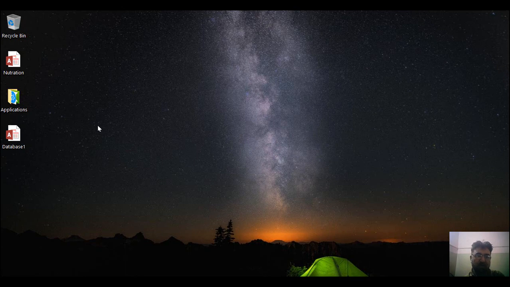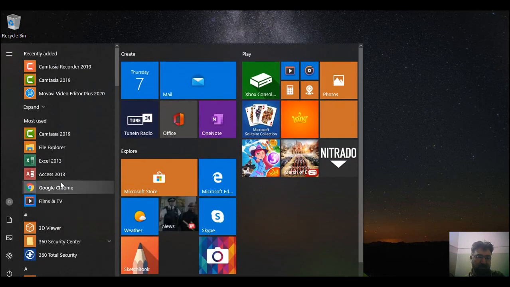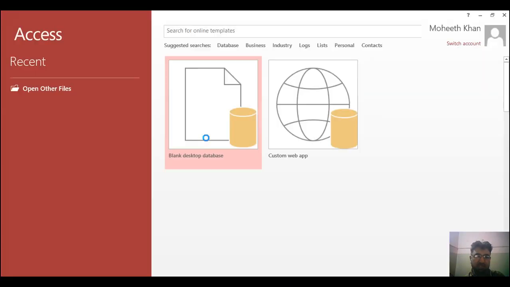Okay, so now that you know how to open Microsoft Access 2013 from different locations, you can make your own database. For example, let me open Microsoft Access 2013 again.